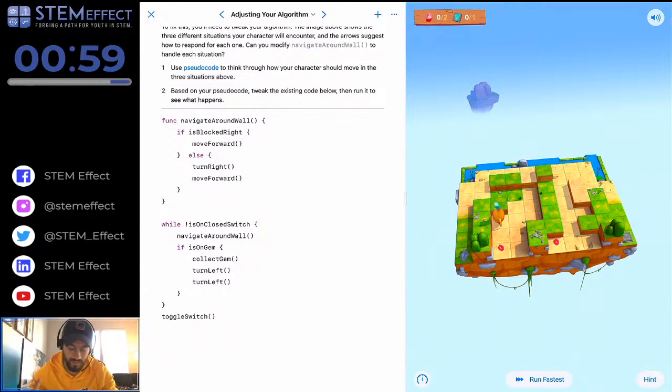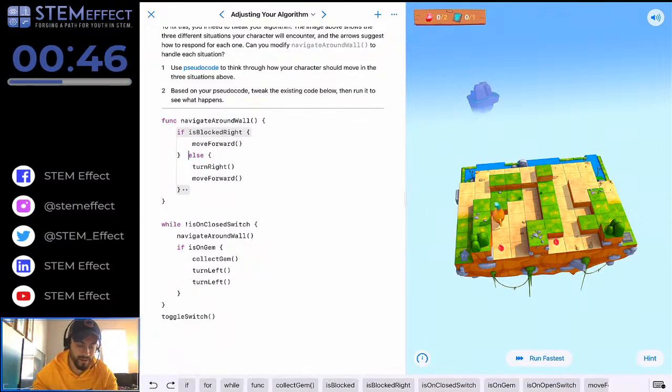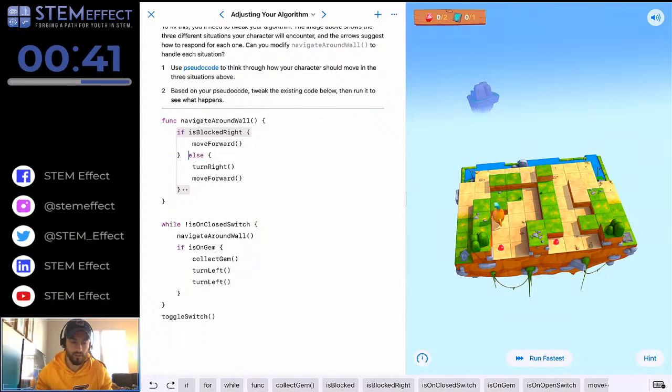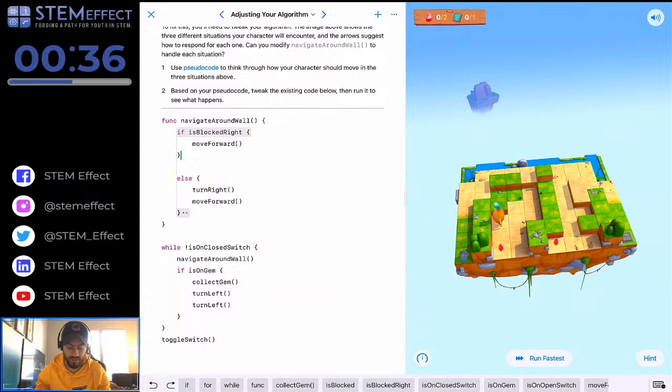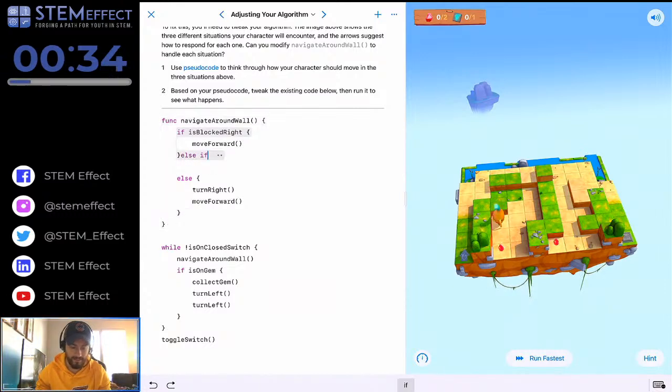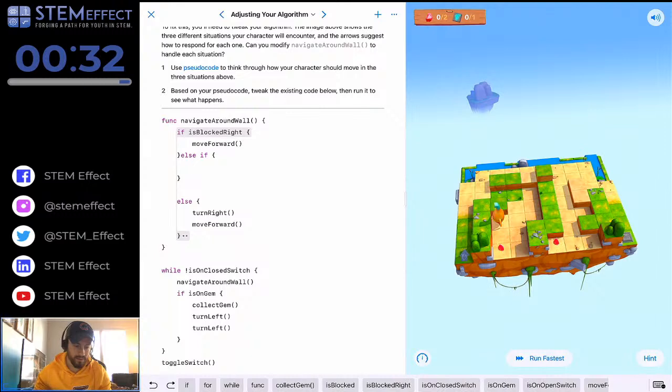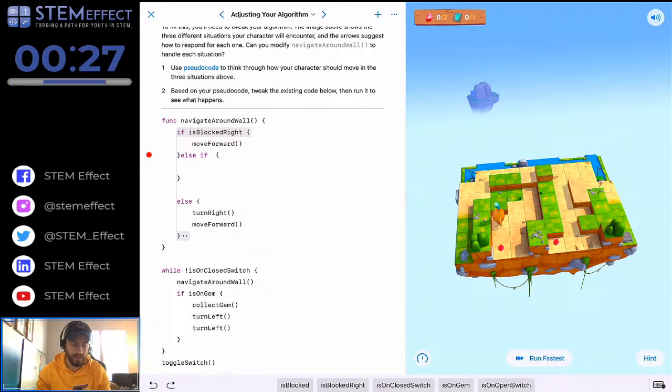All right, so what should we do if he's blocked on the right and on the front? Turn left, correct? Okay, so if blocked on the right, move forward. Else, turn right, move forward. So we should add, let's do enter here. And let's do else if, and then in this if we'll do, if you are blocked on the right